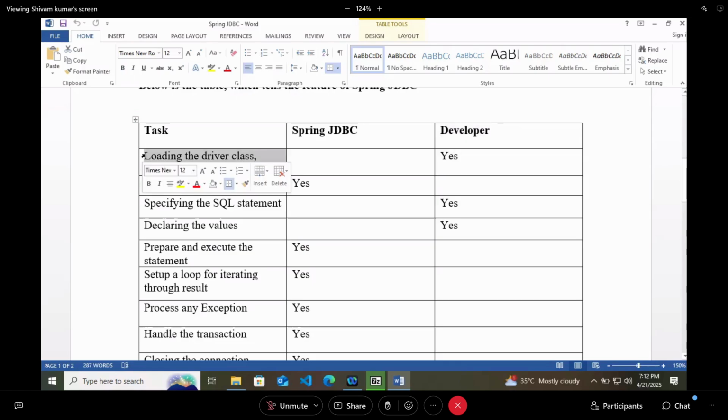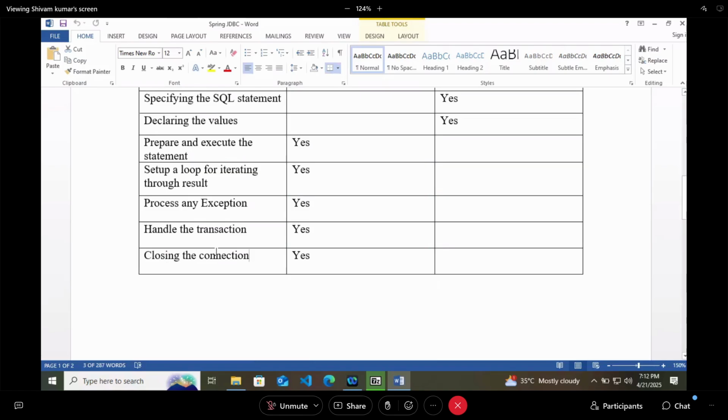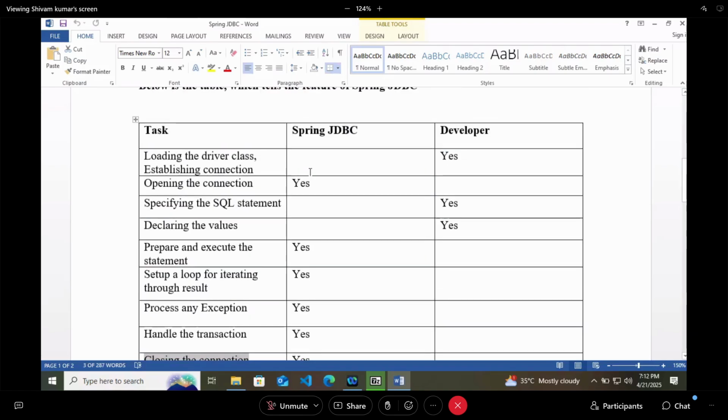Loading the driver class and establishing the connection is done by the developer. When to open the connection and when to close the connection is managed by Spring JDBC. You don't have to manage that.